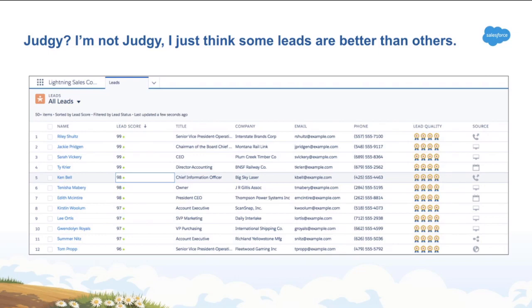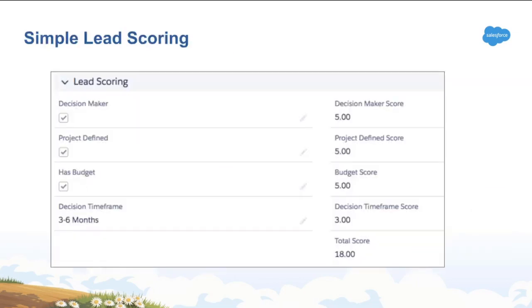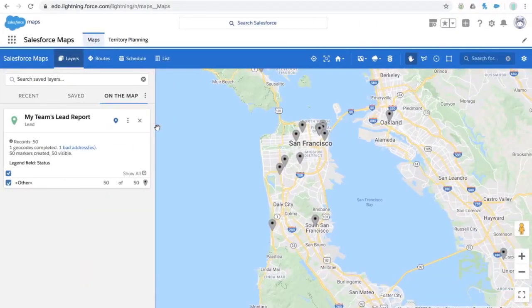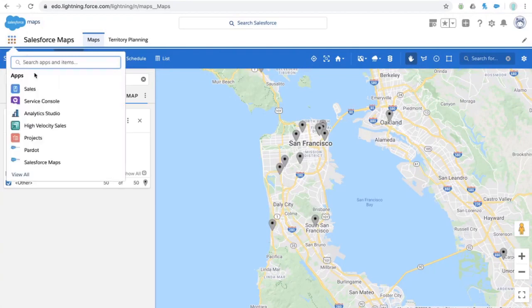I recommend calling your best leads first, okay? And the way you do that is with lead scoring. Now, there's a bunch of different ways that you can score leads. One really easy way is, if you know what makes a good lead, if you know how to score your leads, great. Just create some fields in Salesforce. Here, I've got an example. Just create some fields in Salesforce for your lead record.